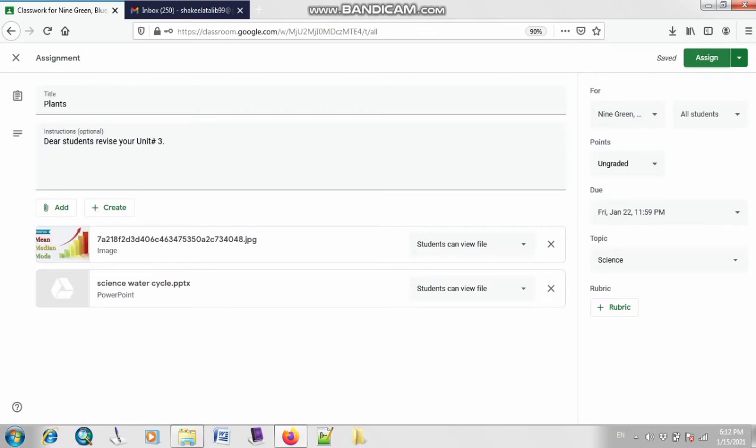So इसके अलावा इसमें एक और option है save draft. Like अगर अभी आपको लगता है कि आपकी जो assignment है वो incomplete है और इसमें अगर आपने कोई और फाइल ऐड करनी है या कुछ मटेरियल ऐड करना है, तो आप उसे सेव ड्राफ्ट कर सकते हैं और बाद में उसमें चेंजिंग कर सकते हैं। सो फिलहाल के लिए मैं इसे क्लिक कर रही हूँ असाइन पर,